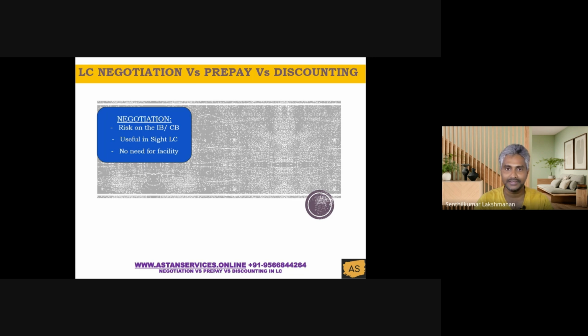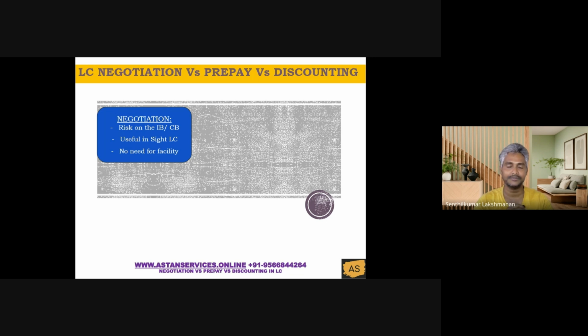And when the LC is issued under a negotiation, which means that the nominated bank or the confirming bank is going to negotiate, pay upfront, the beneficiary is going to get the payment once the documents are clean. But the reimbursement to the nominated bank or the confirming bank will be on maturity. So this is the concept explained in UCP 600. This is more helpful when it comes to a sight LC available under a negotiation.